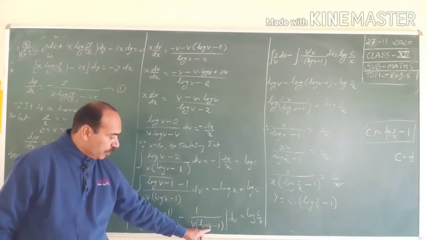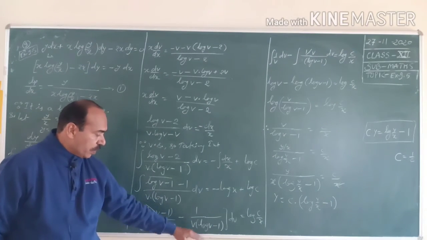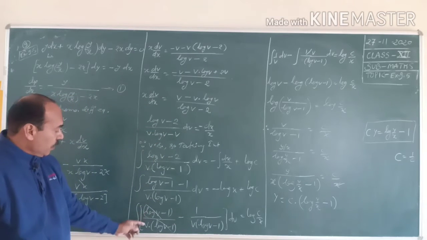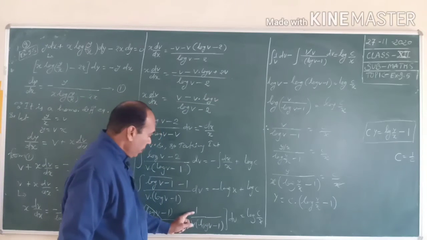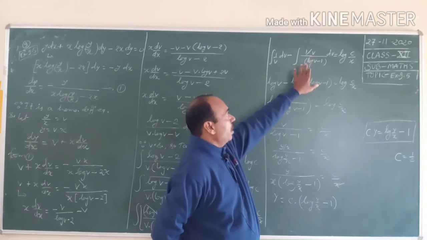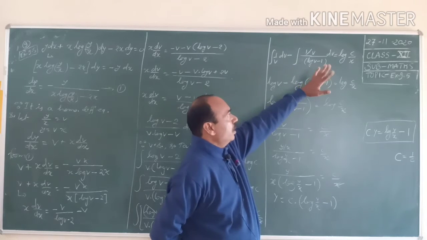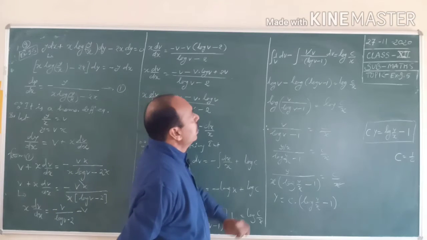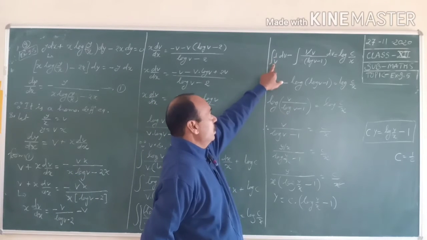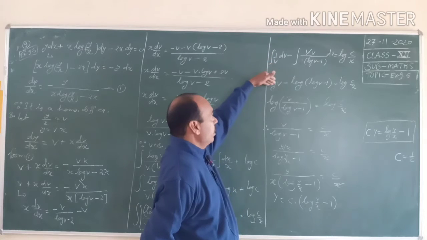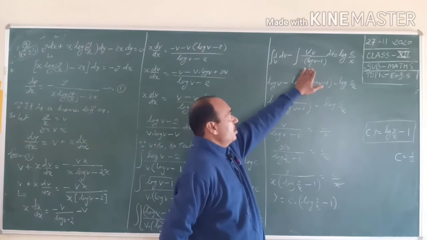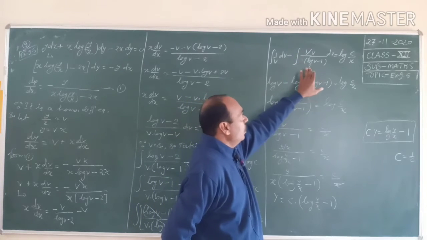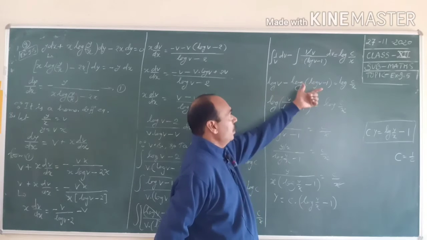So when we put log v minus 1 equal to t, then its differential is 1 by v dv. And on that side, log c by x by logarithm rules. See 1 by v, since the differential of the denominator is present in the numerator, its integral is log of v. Same as here, the differential of the denominator is present in the numerator, so its integral is log of log v minus 1, this is the denominator, log of denominator.